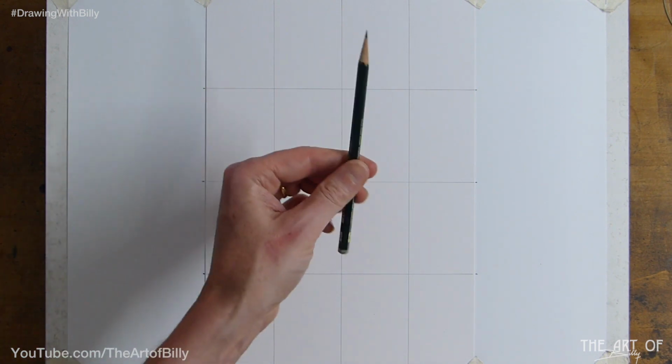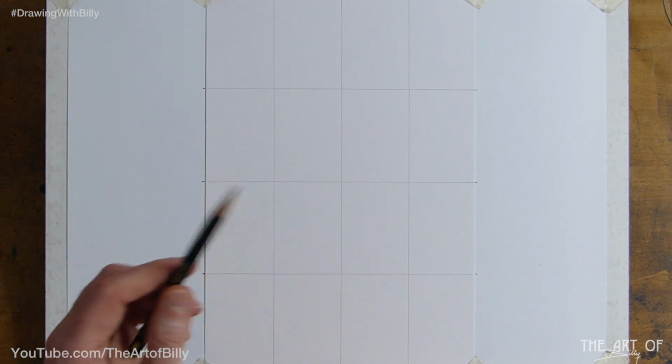So there you have all the intro bits. We will now get on with drawing the Liverpool Football Club logo, and that's soccer for you folks in the USA. So anyway, we have now my trusty 2B pencil,